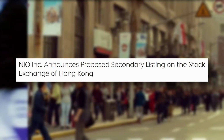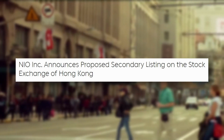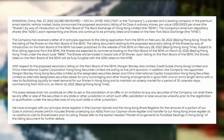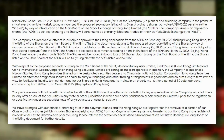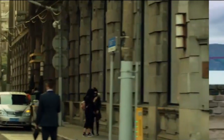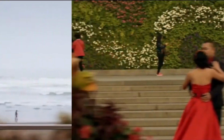Lastly, I just want to touch on the fact that NIO is actually proposing a secondary listing on the stock exchange of Hong Kong. Now, I'm not going to read this entire article here, but if you want to pause the video and read this, or go to their website, nio.com, and go under the news and events tab and then news releases, you can read more about what's happening. But basically, NIO wants to provide a safety net amid heightened regulatory scrutiny from both Beijing as well as